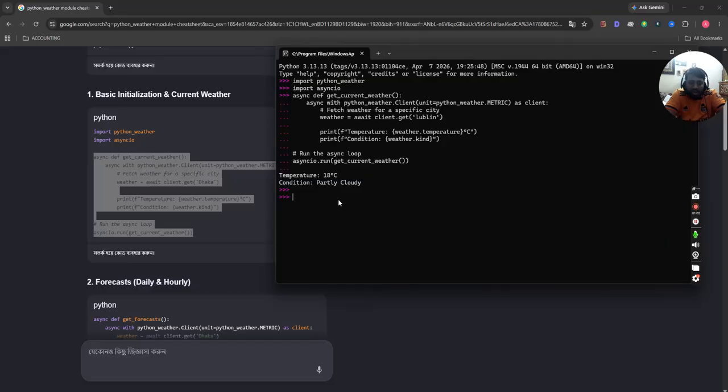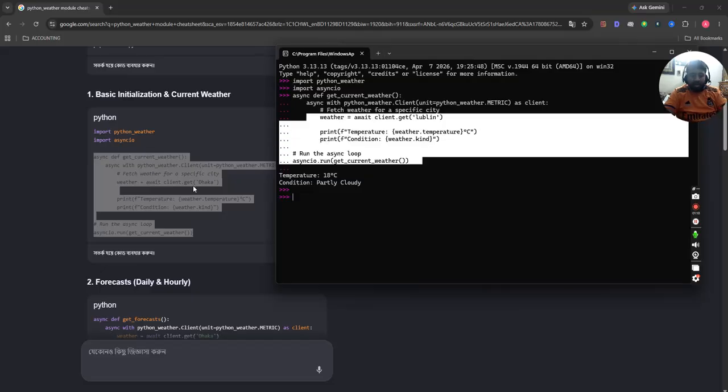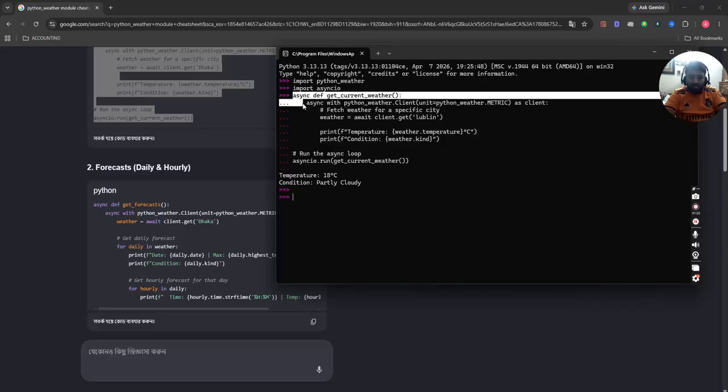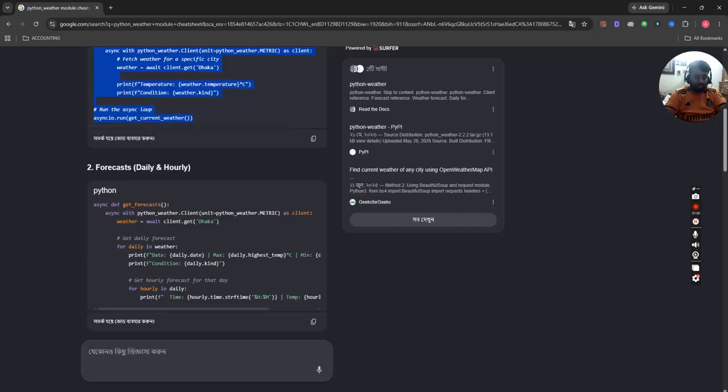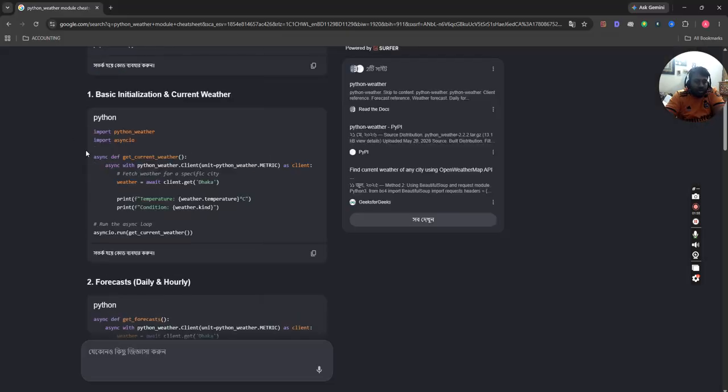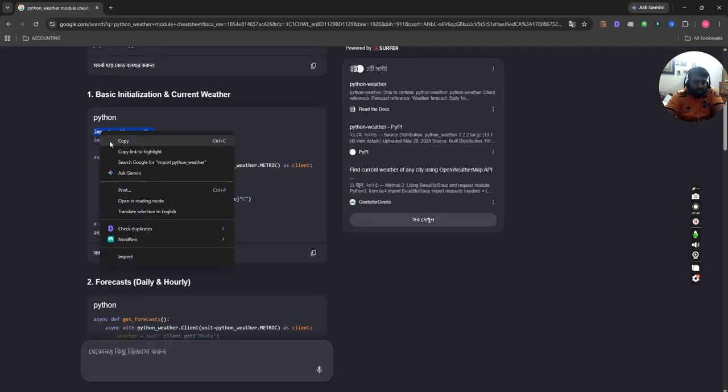So it is showing the current temperature of Lublin, which is an area, which is a part of Poland, which is 18 degrees Celsius now. Okay, then we'll now find out detail of